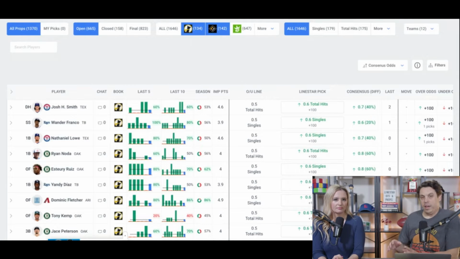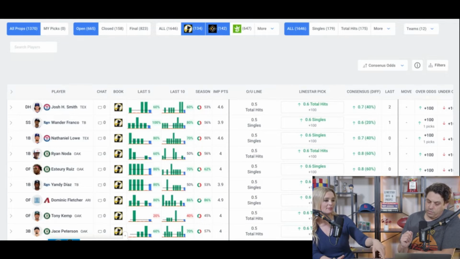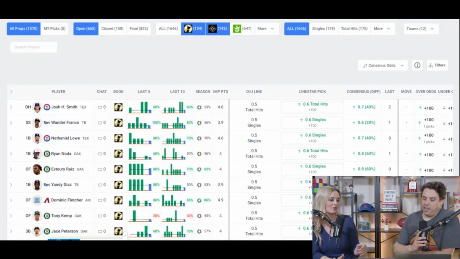There's a couple different ways you can search to find props. The first thing I generally do is I'll look at all of the props, which is this button here. So all of them come for Underdog and Prize Picks. So we're looking specifically at ones that are available for Underdog and Prize Picks. We do that for our show, but if you wanted to look at other sports books, you can as well. Totally. Those are at your disposal for Underdog Fantasy and Prize Picks specifically, though. That's where the odds kind of can play into your favor. So I'll let you take it away.